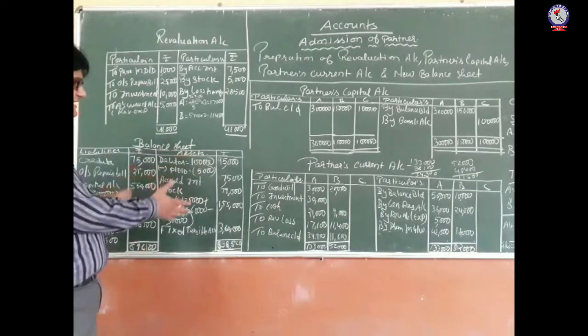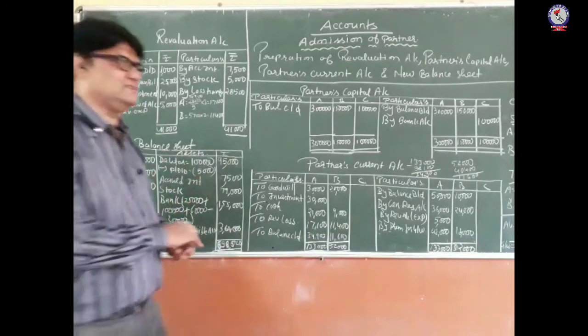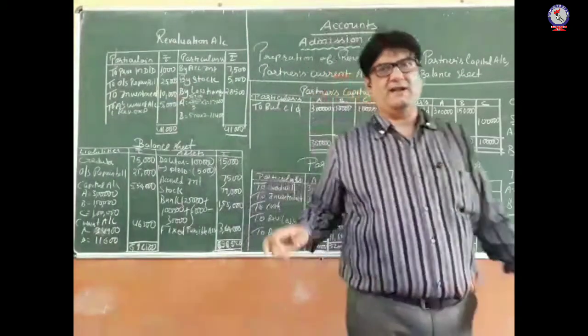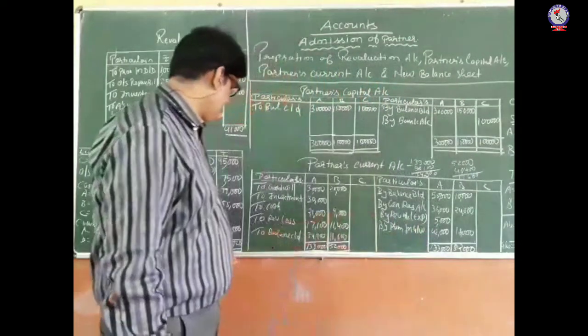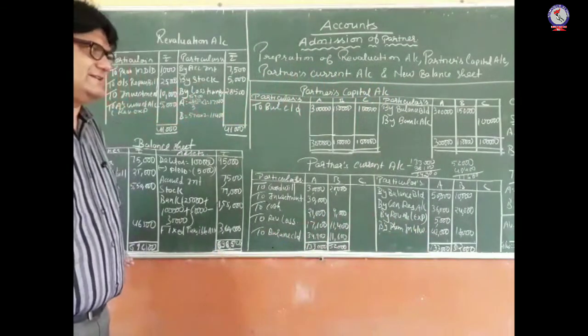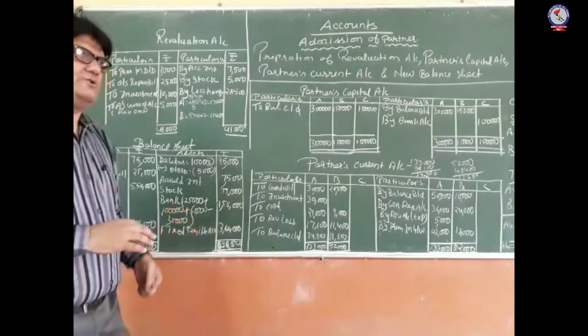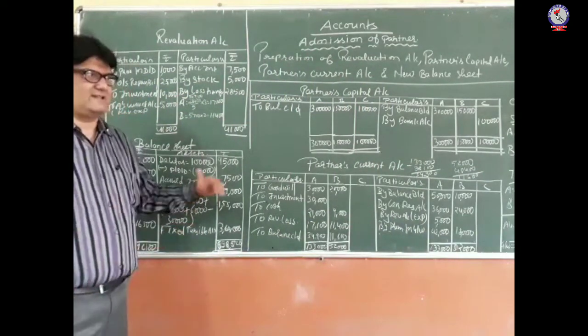Unless and until we are satisfied that the figures of both the sides are correct, we should not write the figure by assuming that if the balance sheet asset is this much, the liability will also be this much. At the end of the day, you should do all the cross checking related with the figures.